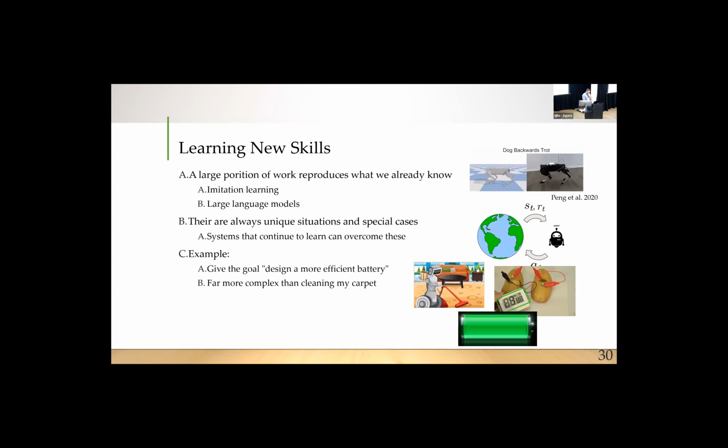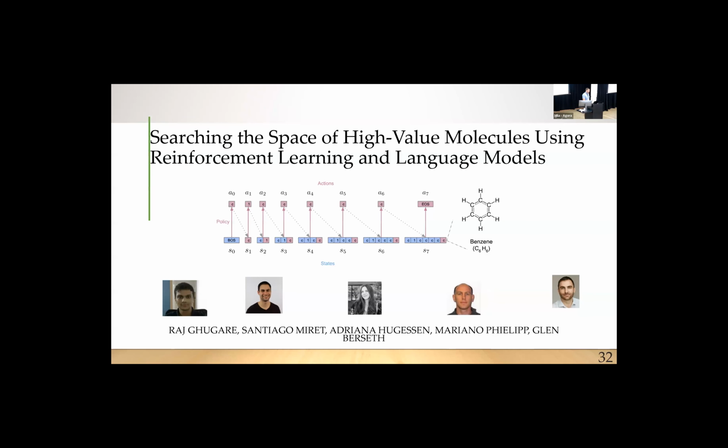But I'll go through this a bit quickly. We want to get to the point where we can ask a system to design a more efficient battery, or ask one of those questions, like is there life on Mars? More general goals. So in some recent work, I've been applying this overall to finding really useful molecules, either for drug discovery in some ways, or also for manufacturing design.